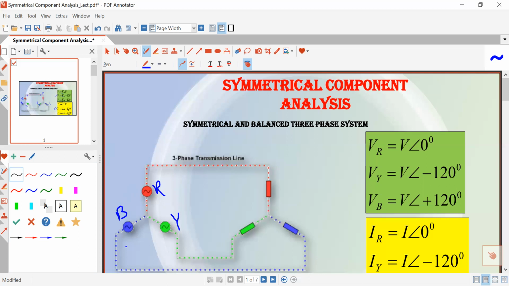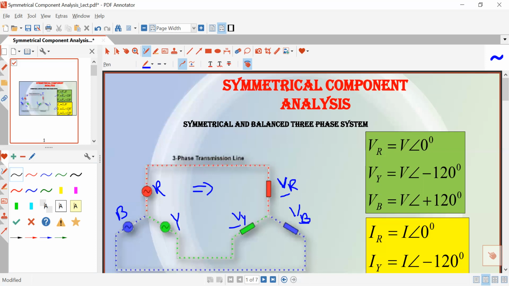And if this generator is providing balanced three-phase voltage to the load, and the phase voltages of the load are VR, VY, and VB,